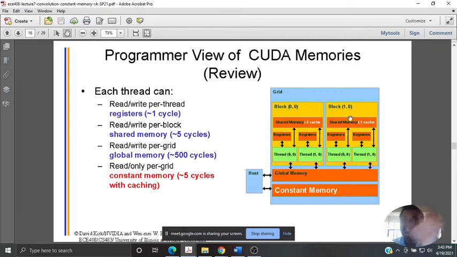If something can be accessed globally, say the input array or the mask required by block 0, block 1 or any number of blocks you are creating, because the convolution mask is not changing, then most often we store it in constant memory. Whatever can be shared only with a set of threads in a block goes into shared memory.